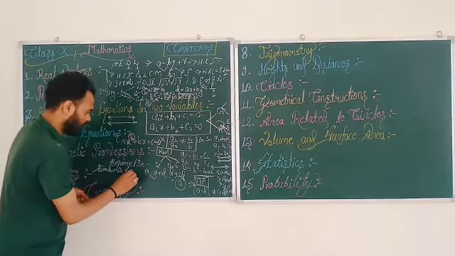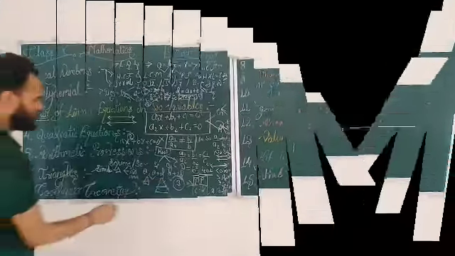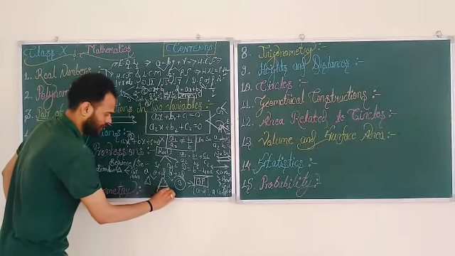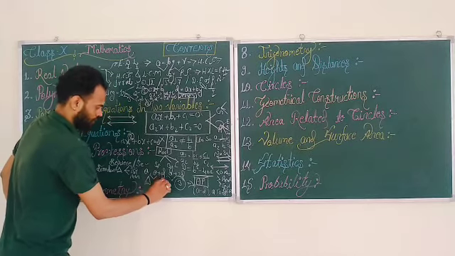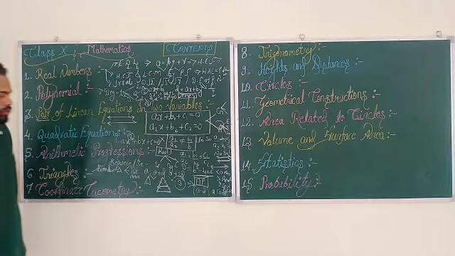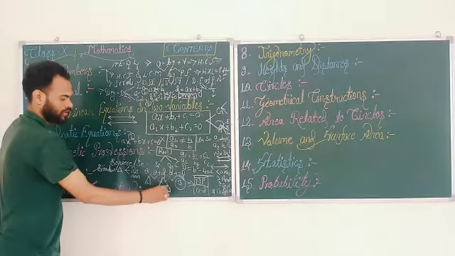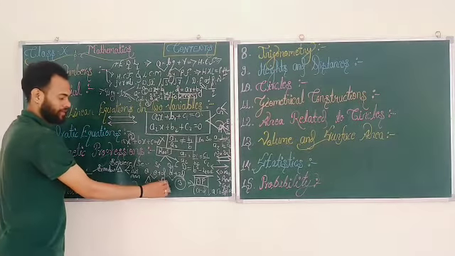So we prove similarity of triangles on the basis of this theorem and the converse of this theorem. Both are studied in this chapter. This theorem says that if we draw a line parallel to one side of a triangle, then it will bisect the other